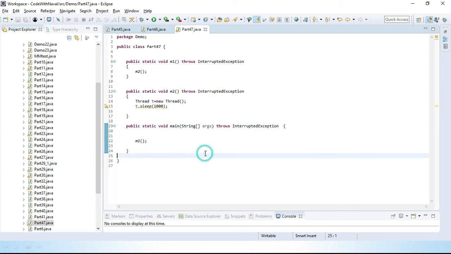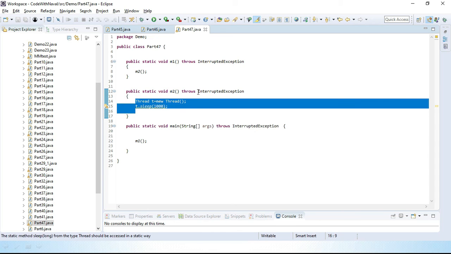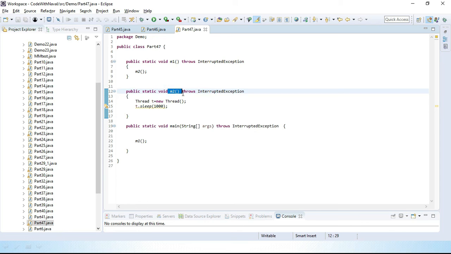Whatever is delegated from the main method, the JVM is responsible for handling those errors. So we understand here that the throws keyword is used for delegating exceptions. Instead of handling the exception, we can pass the exception to the calling method. Here you can see the m2 method is called inside the m1 method.